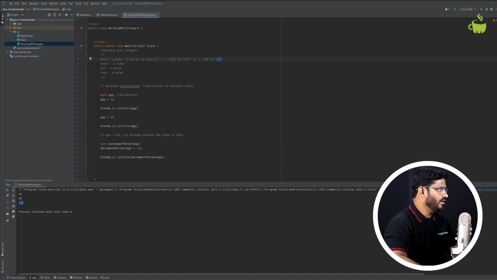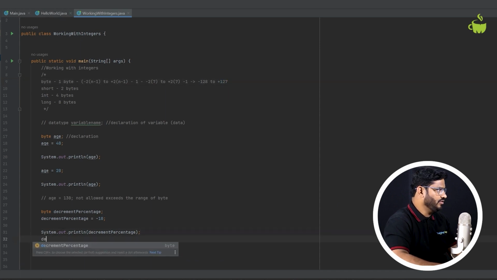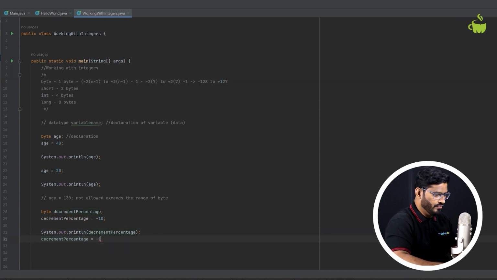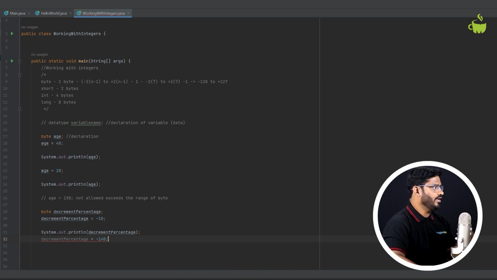Suppose I change this byte decrement percentage to minus 140. Now again you will get an error, because it exceeds the range of byte. So that's why, when you are using byte, you should be mindful to understand what the range of